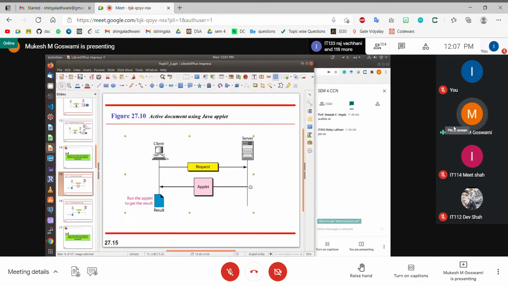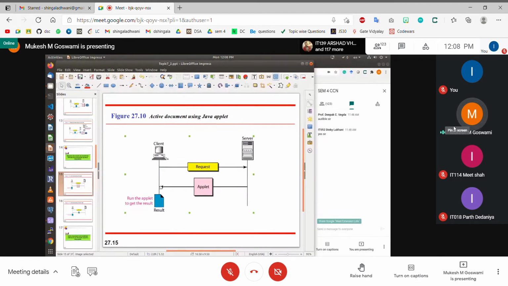That source code is also loaded from the server to the client, and then the client browser sees that this is not only the HTML page, but also source code, and a part of the HTML page is generated by the source code. So it will execute the source code on the browser interpreter, and based on the outcome of that script, it will modify the HTML document on the client side itself, right? The document is not generated or modified on the server side.